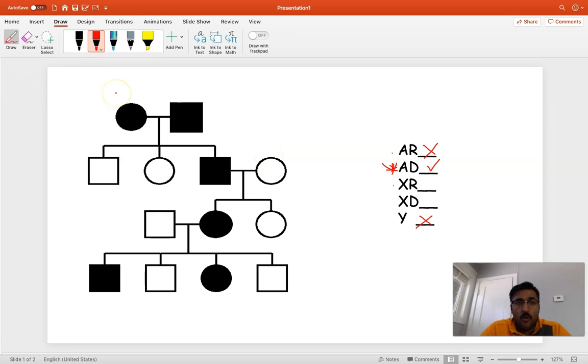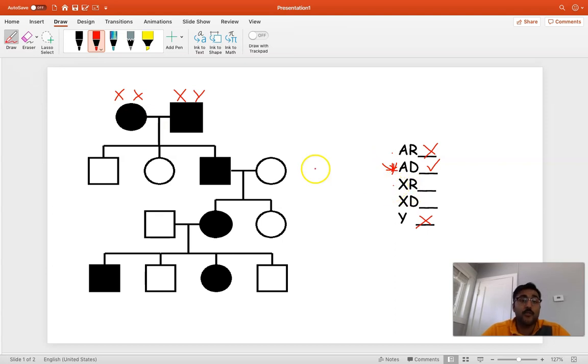So all my women are going to be 2 X chromosomes. So I'm just going to give this girl up at the top here 2 X's. And I'm going to give this man an X and a Y. So don't forget, as soon as you talk about X-linked or Y-linked, you're talking sex-linked. And so you have to look at the X's and the Y's for the males and the X's for the female. All right. Assuming that this is a recessive trait, the mode of inheritance X-linked recessive would imply that